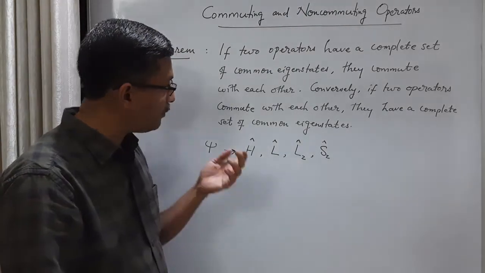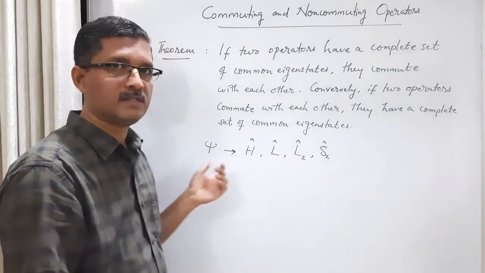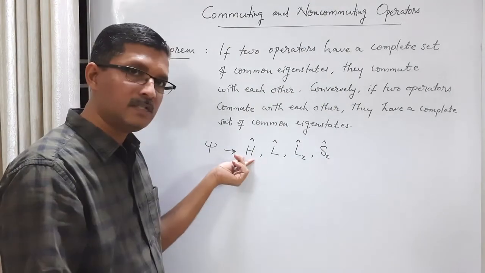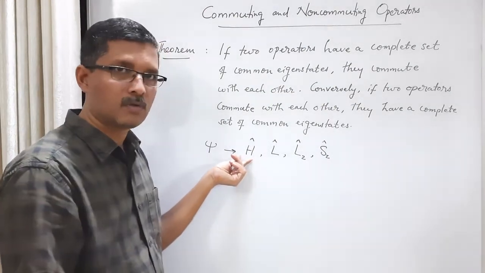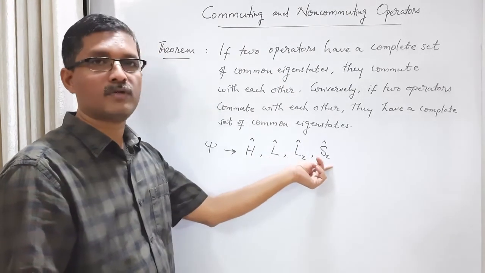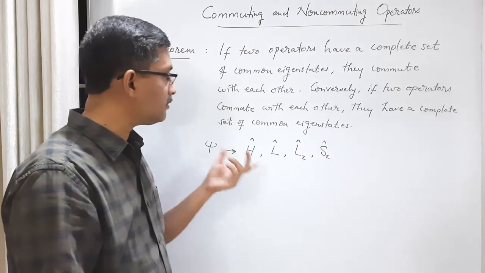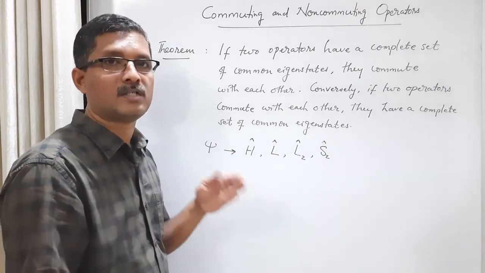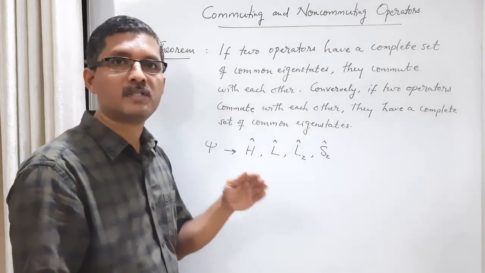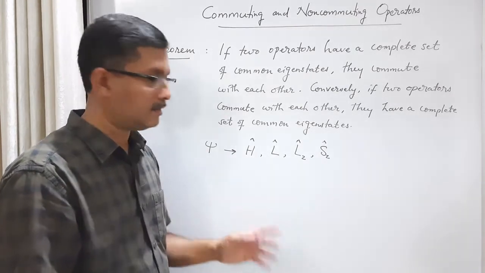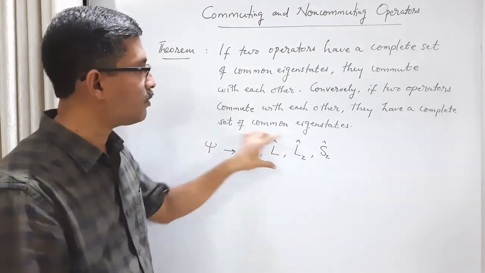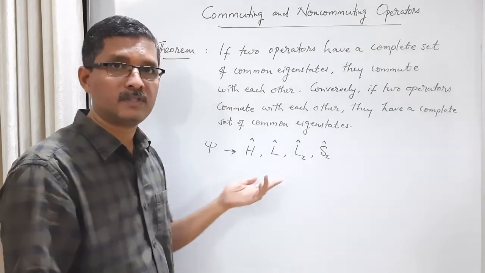And also, if we measure these physical quantities in any stationary state of the hydrogen atom, the Hamiltonian operator represents total energy, then angular momentum, the z component of angular momentum, and the z component of spin. If you measure these four physical quantities, all of them are sharp. Each of them gives its own distinct eigenvalue in this eigenstate. This is a common eigenstate, so all these four quantities are sharp and they are compatible with each other.